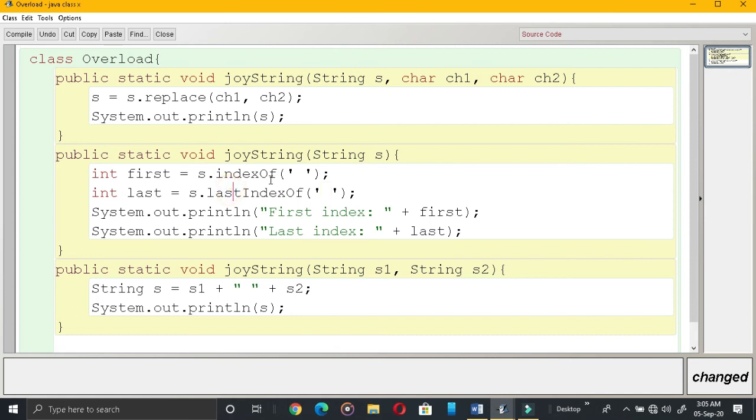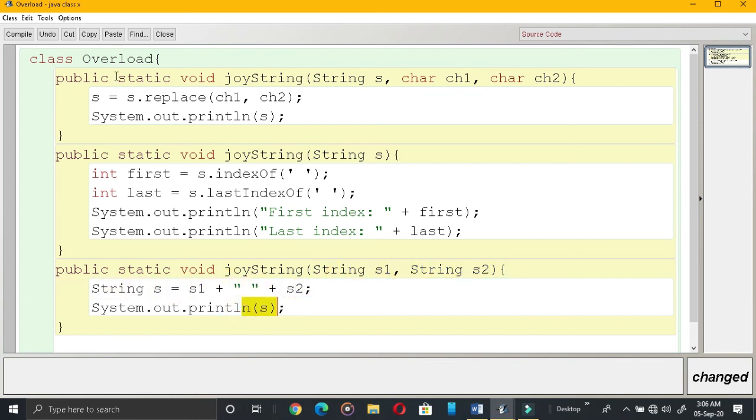Index of will give you the first index position of whatever you mention. Here we are mentioning the space, and last index of space. Space is a character, that's why it is given in single quotes. So we are printing it simply. Now see these two strings. You need to add those two strings.